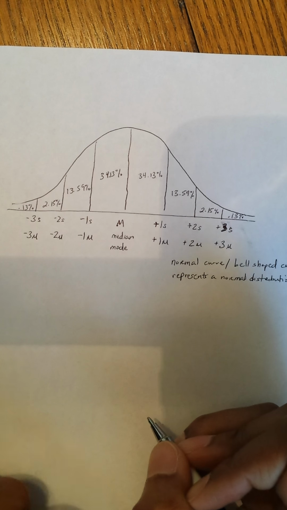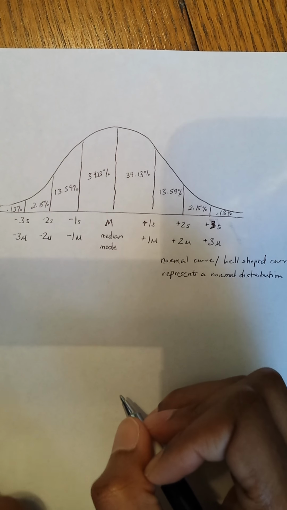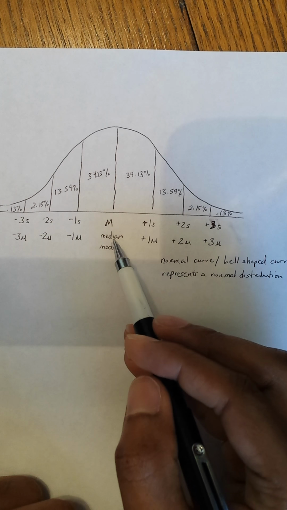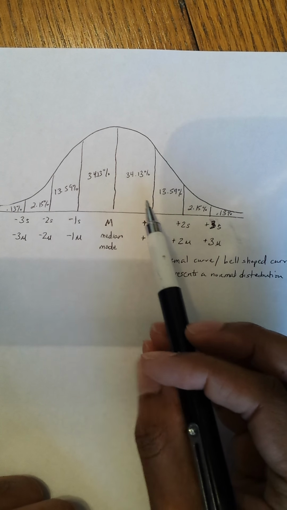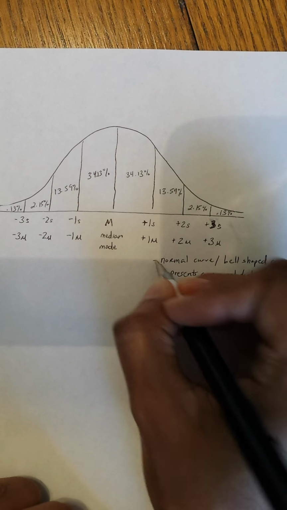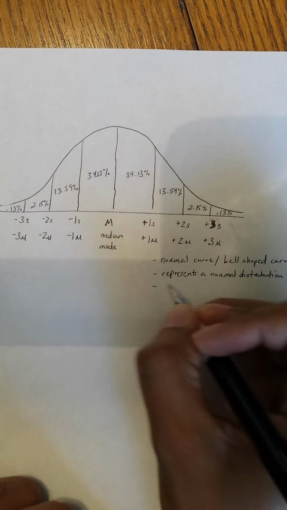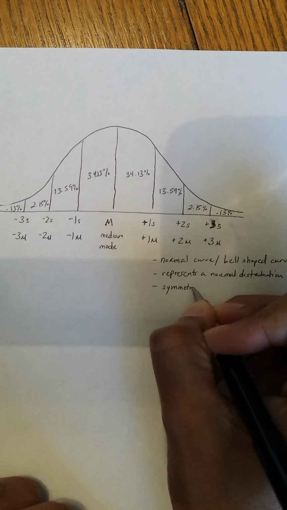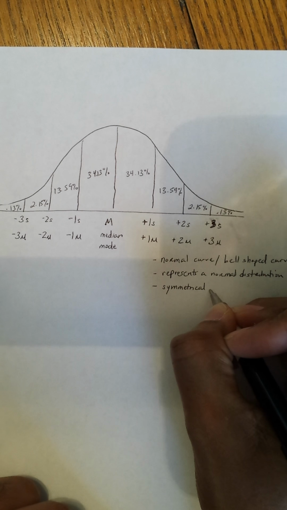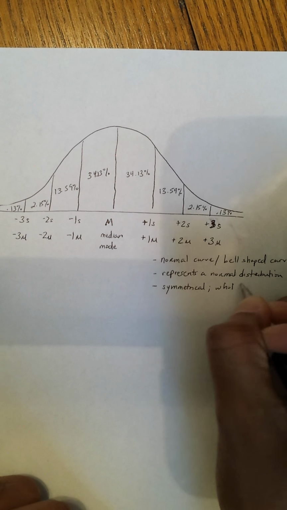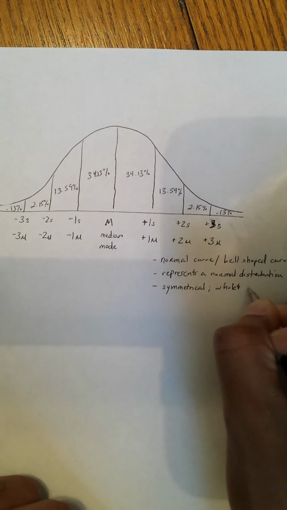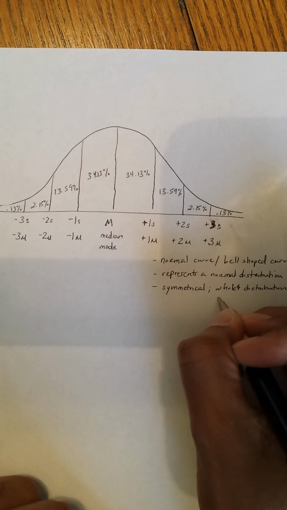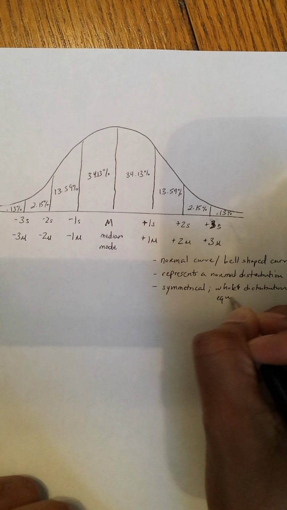In other words, it represents a usual data set and how scores will distribute around the mean, the median, and the mode, okay? It's symmetrical. And the whole distribution equates to